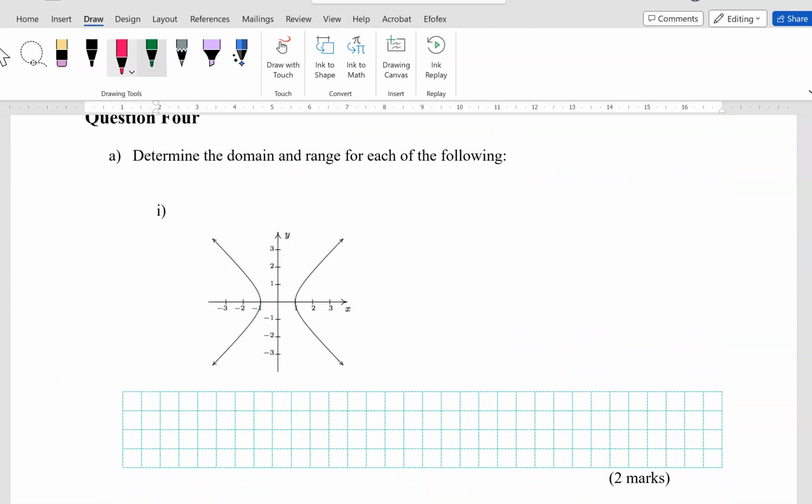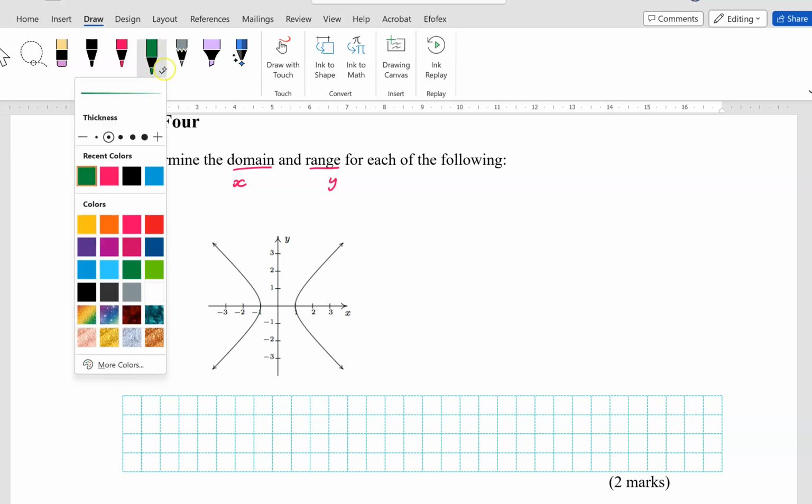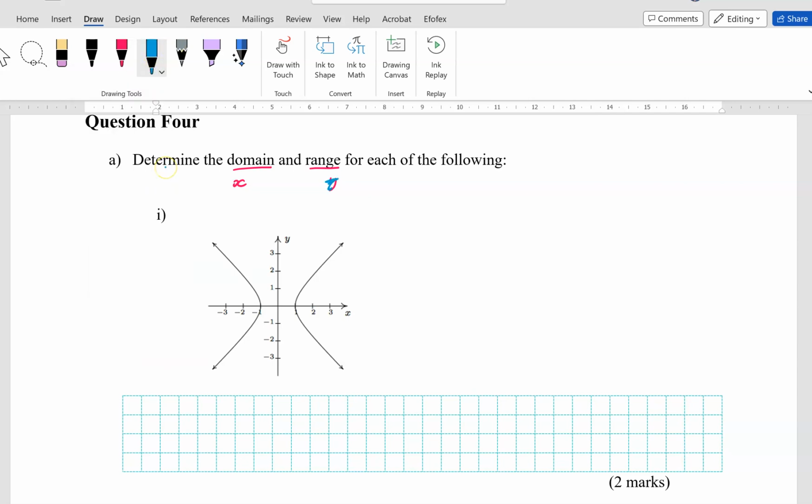All right, let's have a look at question 4. Determine the domain. So remember, your domain is all of your x values, and the range are all of your y values. So let's start with the domain. We'll do it color coding, how about that? So we'll change that to our y. Okay, so back to our x,